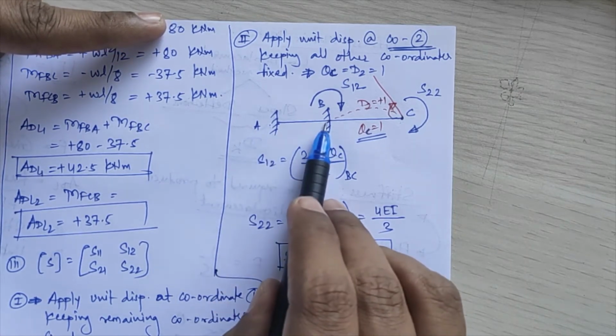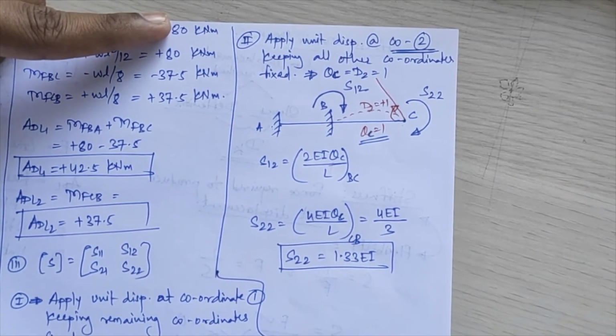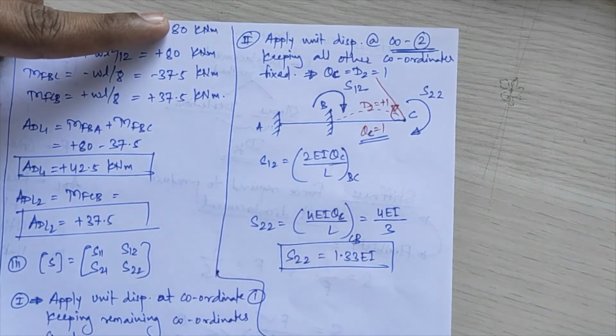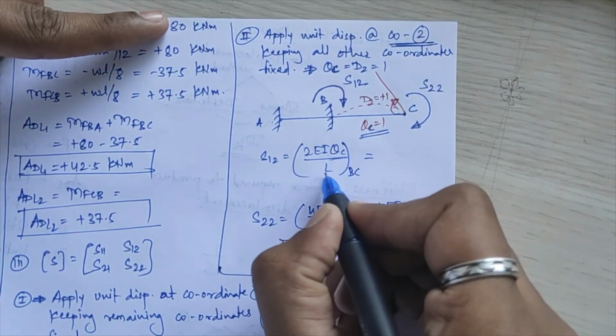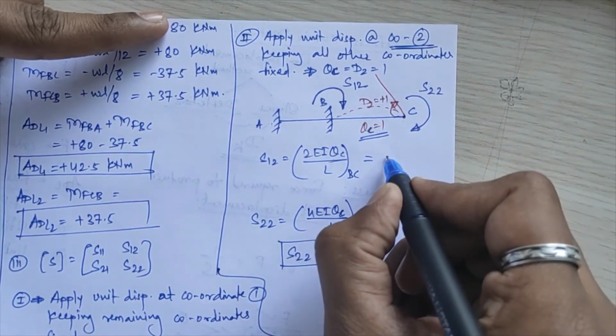If A and B are completely fixed, this total member will be restrained for all the joint displacements, that is theta and delta. So your near end value for BA member will become 0, or theta here will become 0 for BA member. So this will come only for BC. So 2EI theta is again 1, L for BC is equal to 4. So 2 by 4, this will become equal to,